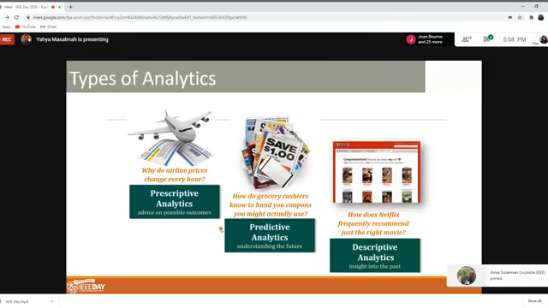So, for example, why do airline prices change every hour? How does a grocery cashier know to hand you coupons you might actually use? How does Netflix frequently recommend just the